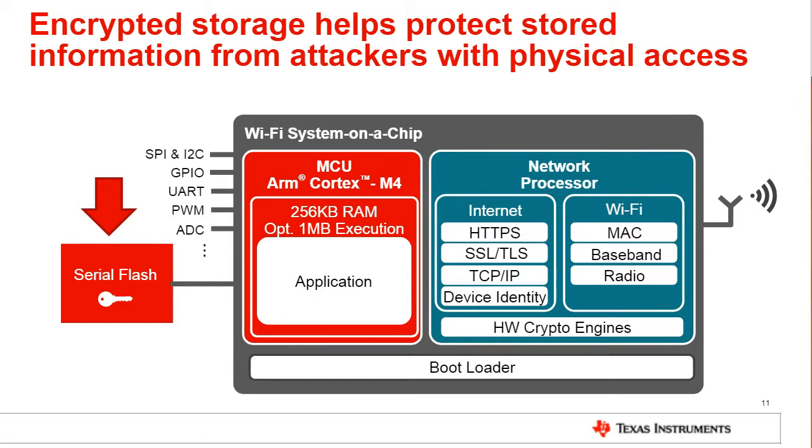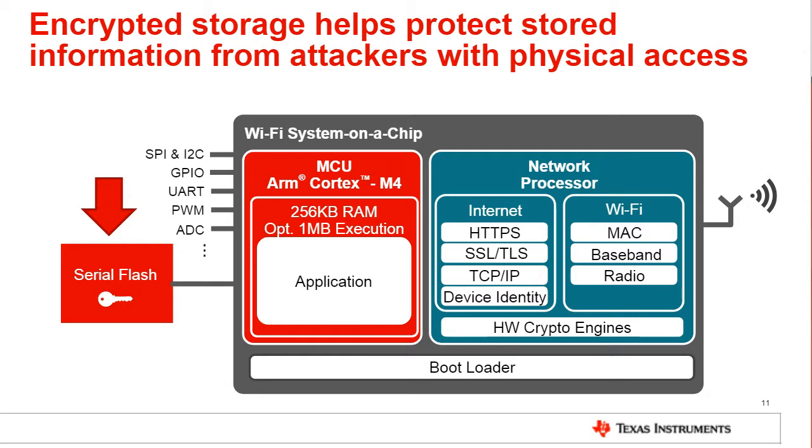Okay, so that covers runtime, but now let's think about when you have your sensitive information in storage on the device and you want to protect it against an attacker that may have physical access to the system. This is where having secure storage, like a secure file system, can be beneficial. And particularly in this case where you're working with a system on a chip that's directly interfacing to an external memory to enable persistent storage, you want your Wi-Fi device to have an actual embedded mechanism for creating that file